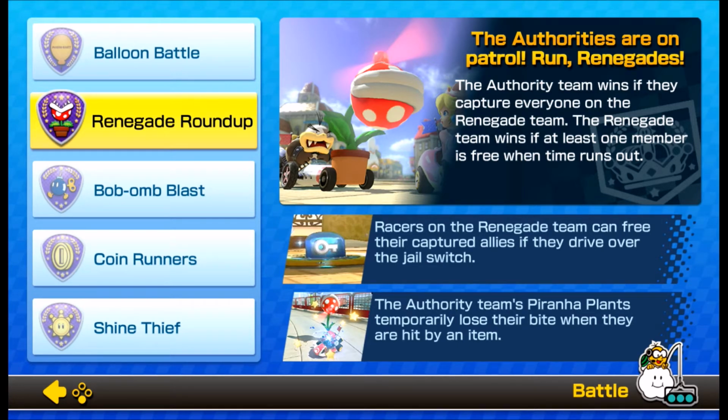I've been seeing a lot of people struggling with this one. One thing, if you're on the Renegade team, you want to free as many of your racers as you can by hitting that blue or red switch under the big cage. The authority team obviously wins when